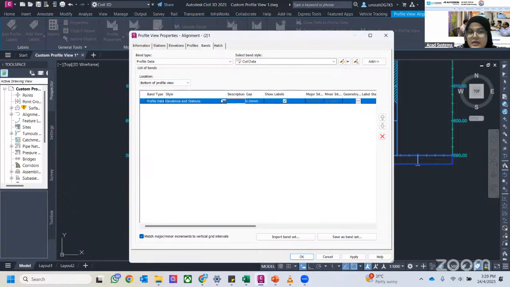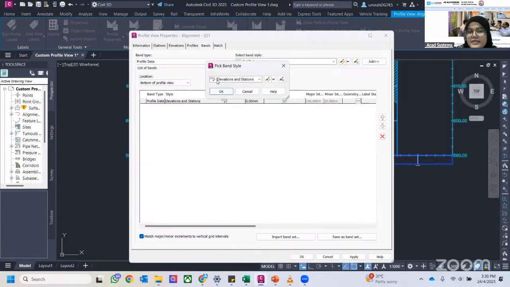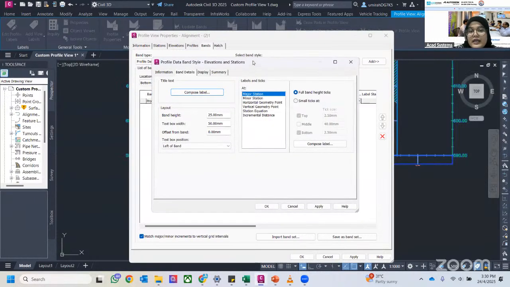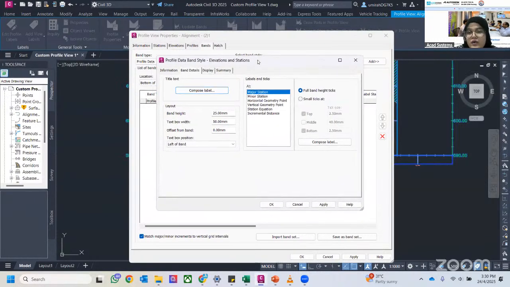Let's make it bigger, this one. So these options are for you to edit the band style. I just click on this band style. This is the band style, elevation and station. And then click on edit current selection. You can either click on edit, or you can also create a new band style for elevation and station. So from there, I'm going to change the size